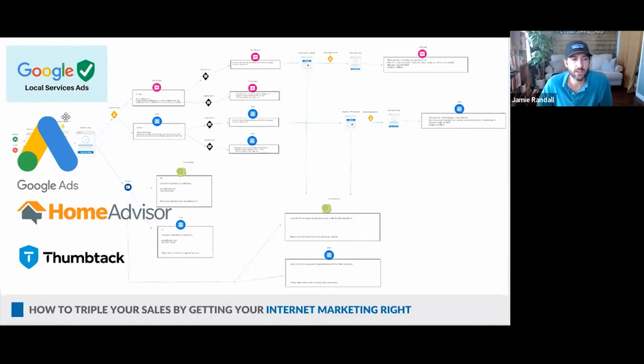And I already touched on this, but if you have all these, I mean, this is only 4, right? There's a lot of other ones, but you want all these funneling into one location, so it'll be easier for you to manage. You don't have to log into your Google Ads account, and then log into your Google Business Profile account, and then go check Yelp to see what's happening there. You want all this stuff funneled into one area,